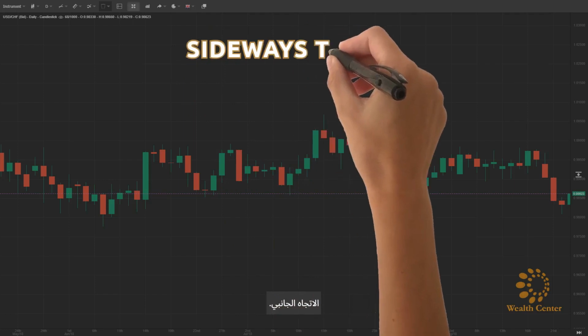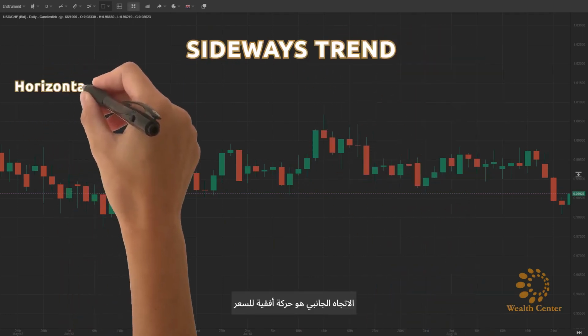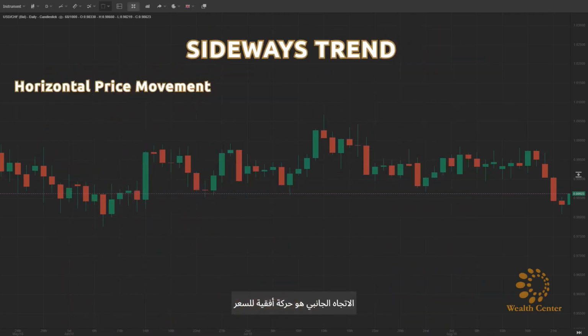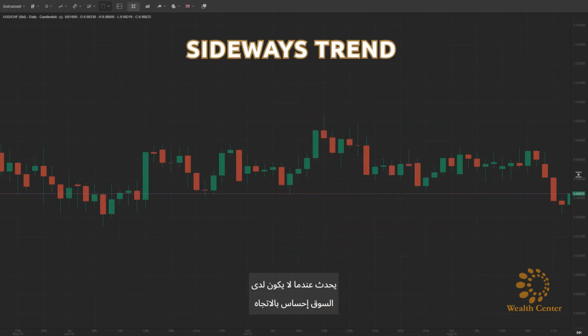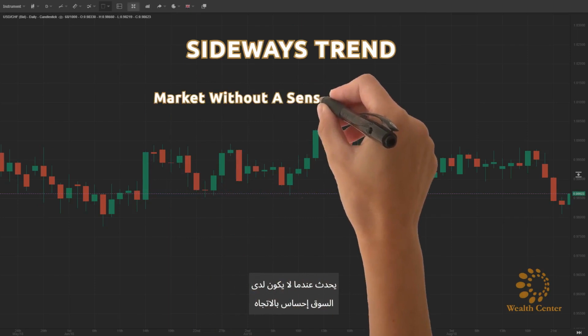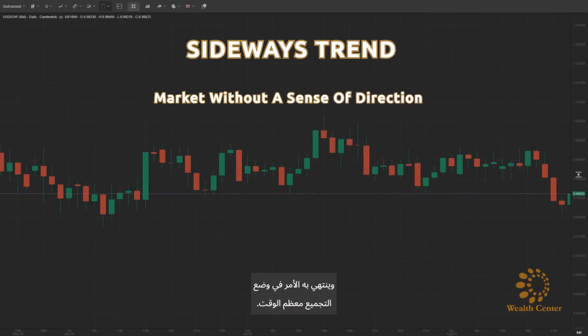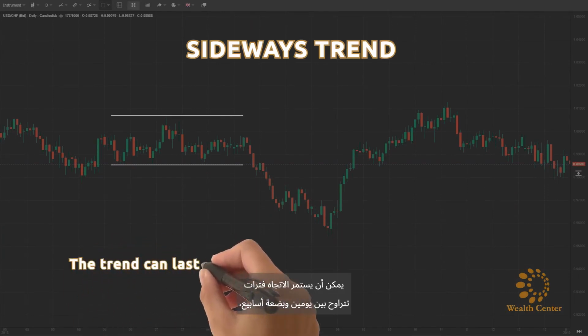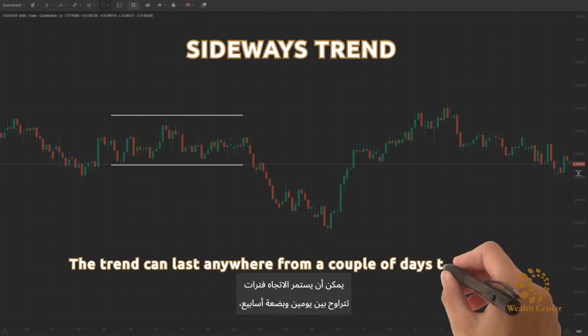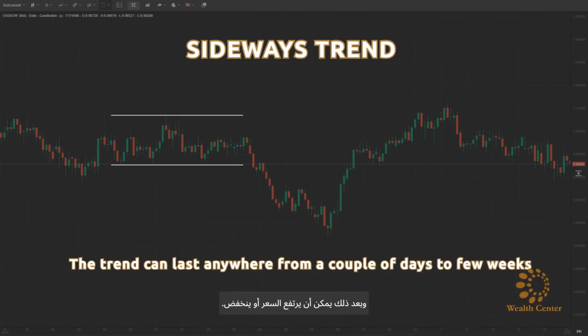Sideways trend. A sideways trend is a horizontal price movement between levels of support and resistance. It occurs when the market does not have a sense of direction and ends up consolidating most of the time. A sideways trend is seen as horizontal lines occurring between rises and falls in currency price. The trend can last anywhere from a couple of days to a few weeks, after which the price can rise